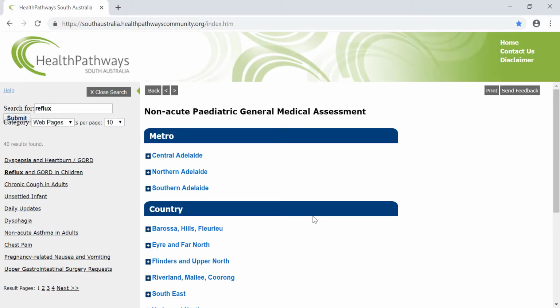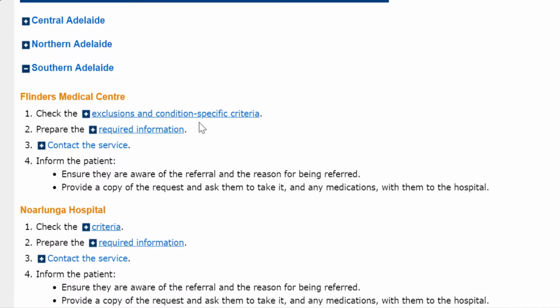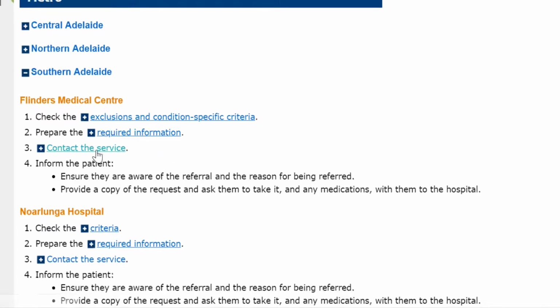Clicking on one, the first thing you'll notice is that the information is organised into the 9 regions covering the SA Health local health networks, 3 metropolitan and 6 in country. Having a closer look, here you can access the service criteria, exclusions and inclusions, required information from making the referral,